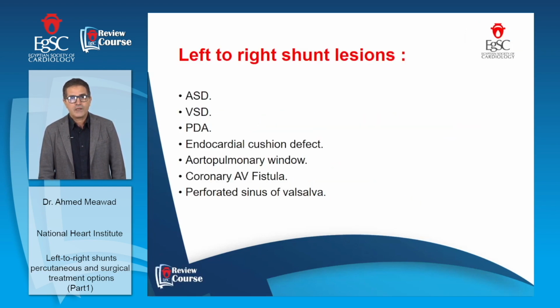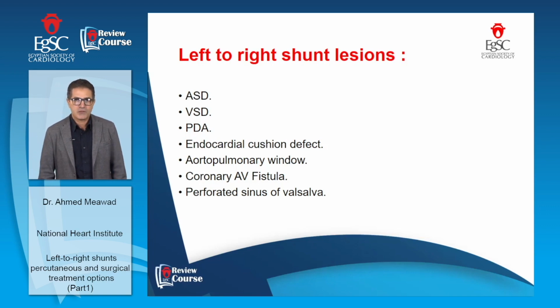First of all, the shunts are divided into pre-tricuspid lesions like ASD, atrial septal defect, and post-tricuspid lesions like ventricular septal defect, patent ductus arteriosus, endocardial cushioning defect, aortopulmonary window, coronary AV fistula opening into the right side of the heart, and perforated sinus of Valsalva. The endocardial cushioning defect and aortopulmonary window are treated by surgical options, while others can be treated by either mode